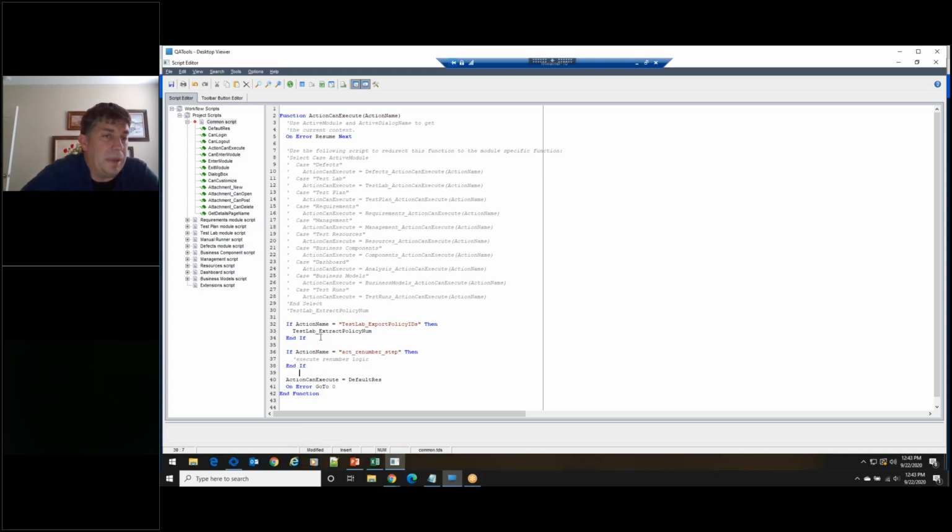This is probably one of the most powerful things in the workflow, this ability. It's very powerful to attach code and logic to a lot of the predefined ones, wherever you're exiting out of a defect or something like that. But this right here really opens up a world of possibilities.